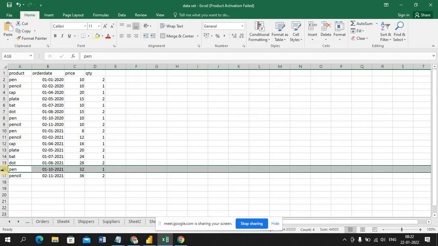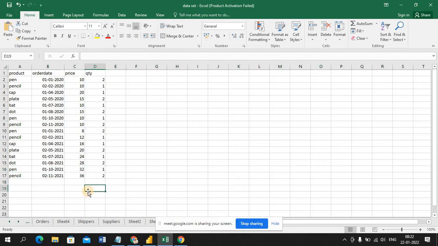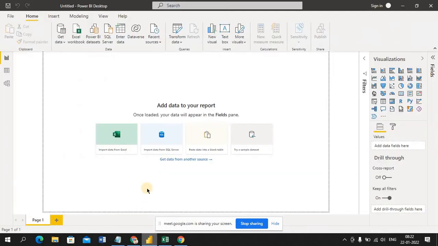Okay, so we'll see. To get the dates which are missing, my store closure dates, I have to create a calendar. Okay, so we'll see how we'll create it, that is very important. So here I'll go to new table. Okay, enter data, create table by typing here with this option. Okay, enter data table. So I'm creating a calendar.